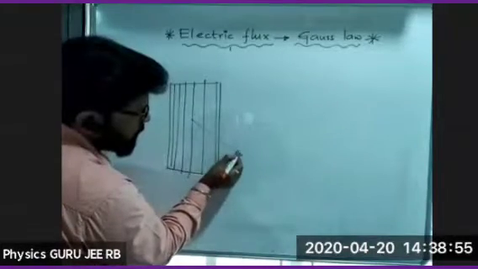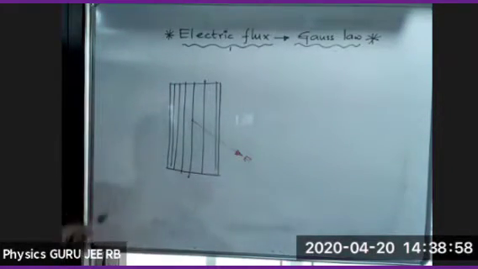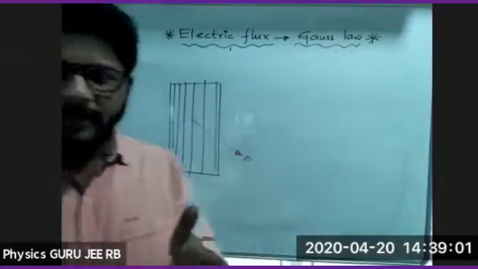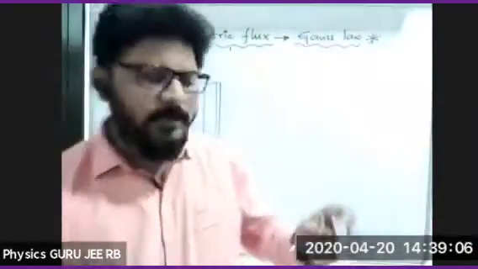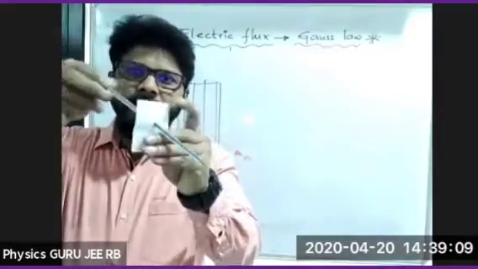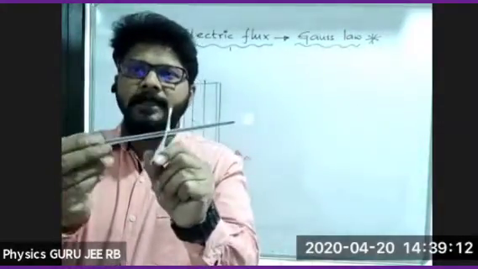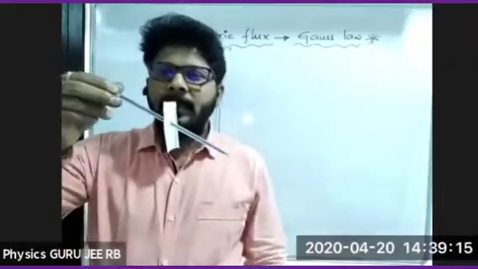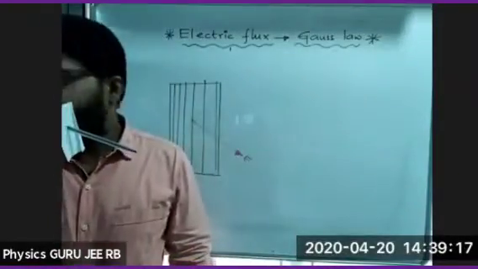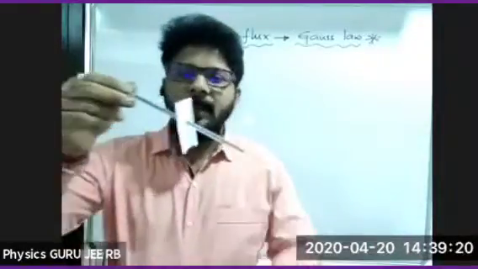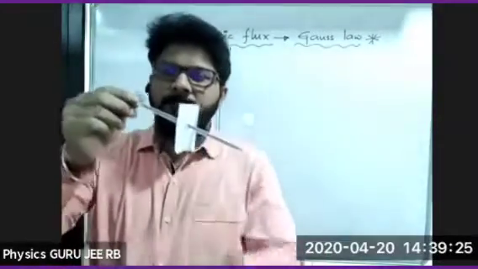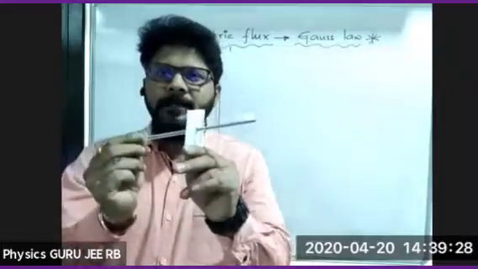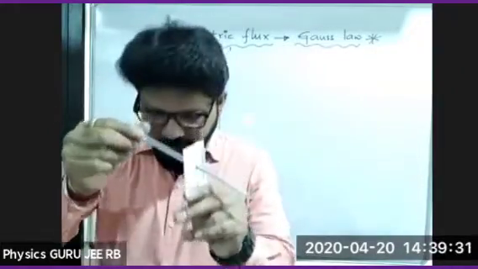This is the direction of electric line. Electric lines of force are not going straight. If I take like this, see, they're not going straight. They're going like this. Are they straight? No. Are you able to identify the difference, everybody? This is nothing but electric lines. It's not straight like this. It's making an angle theta.